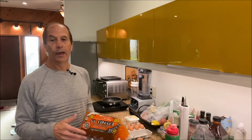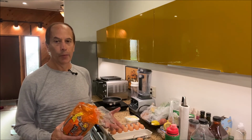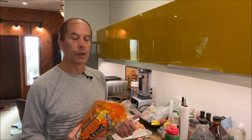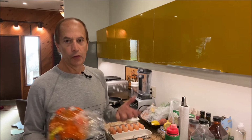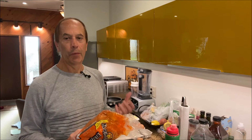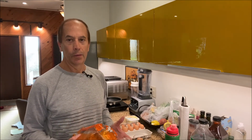Okay, on to the last step. What I like to do is to have 2 eggs with toast with my shake, my smoothie. That way I get more protein in. I just want to make sure, because I have a really hard time gaining weight, so I make sure I get protein in. If you don't have a hard time gaining weight and you are just trying to keep your weight off, but you still want to have lean muscle mass, then I would probably skip the eggs and I would just go with the smoothie in the morning,